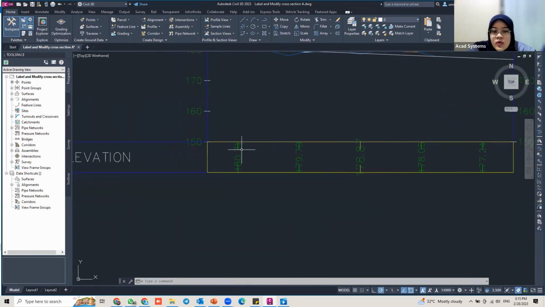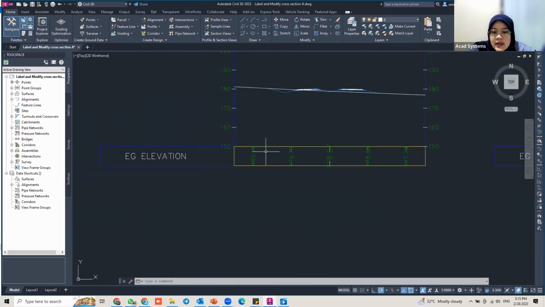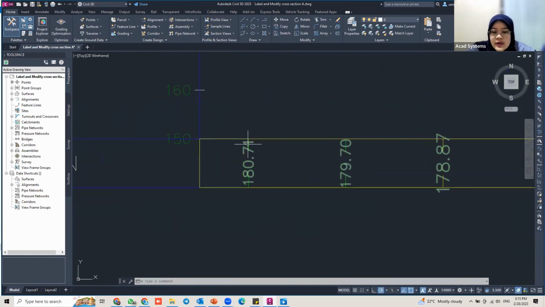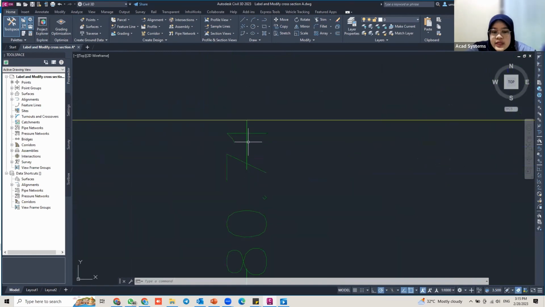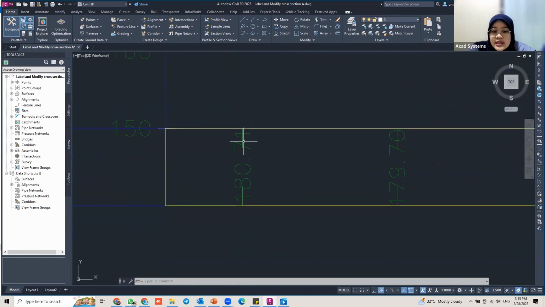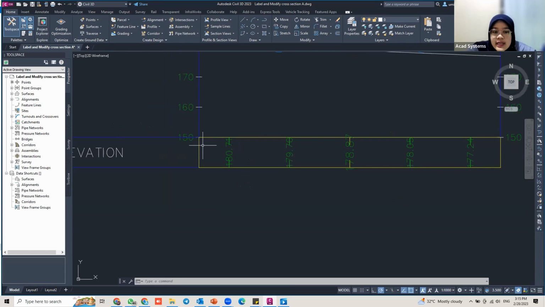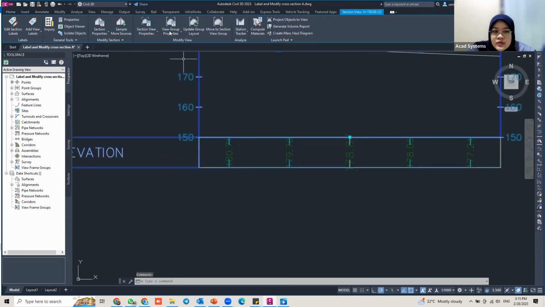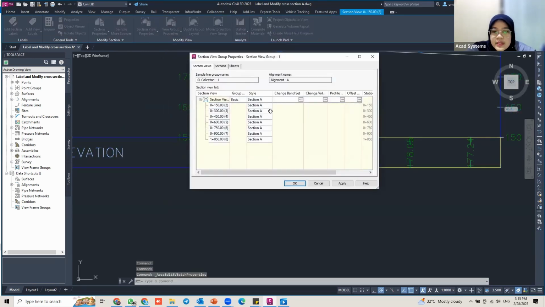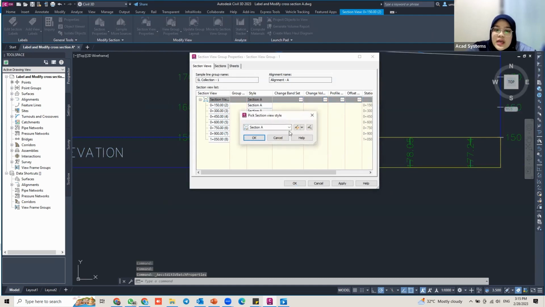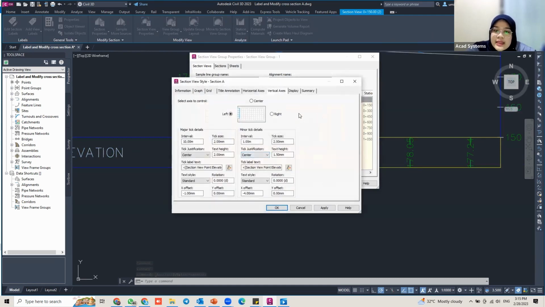And one more problem that I got here is the tick. You can find here the green line, the ticks are actually crashed with the value. So to do that, just click again on the views, go to the views group properties, go again to the style, edit it, and this part